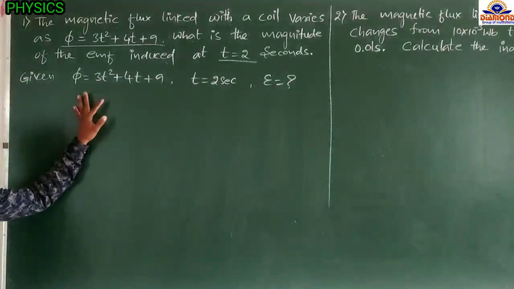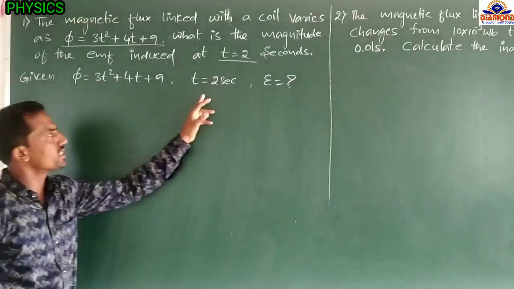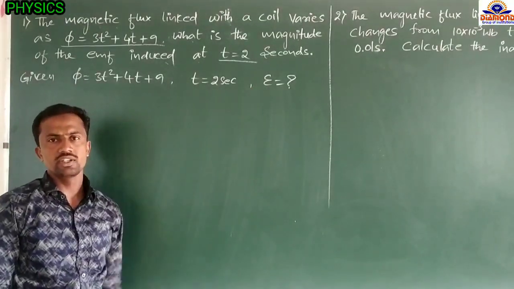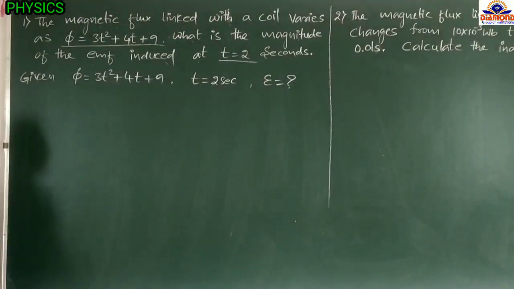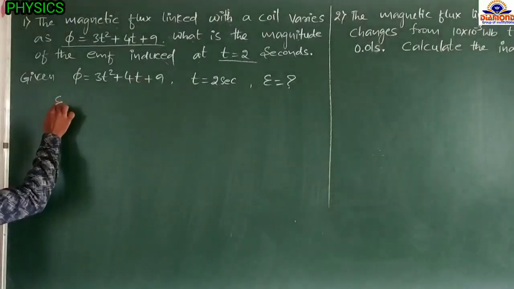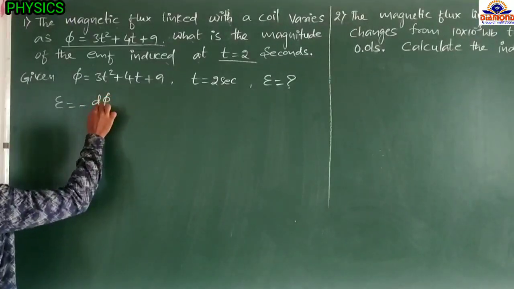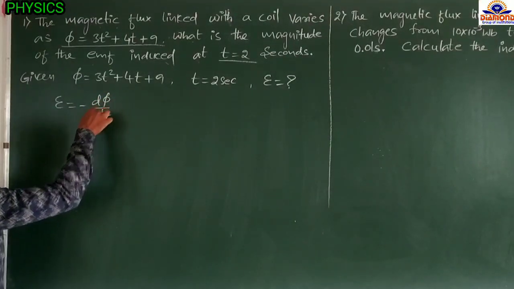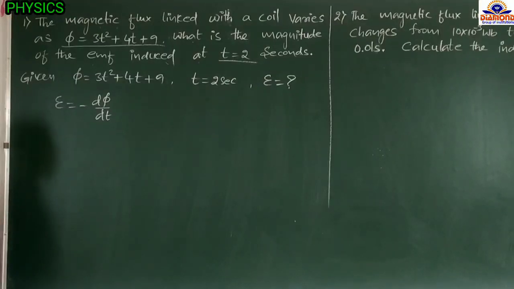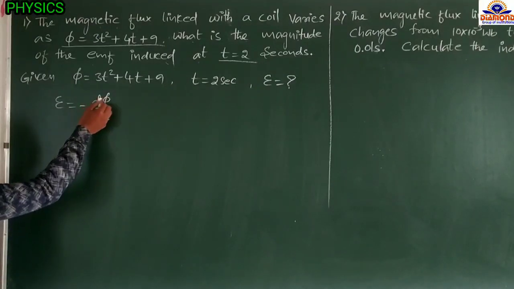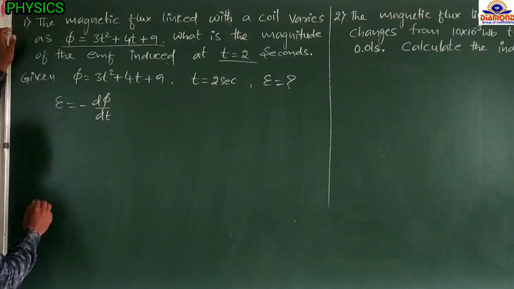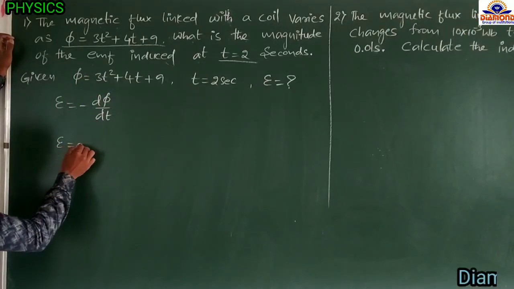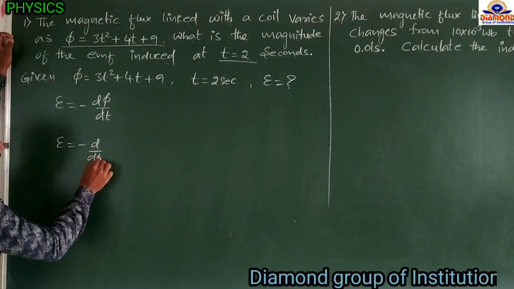In the given question, the value of phi is given, time is given, and we are calculating the induced EMF. Then we write the formula. What is the formula? Induced EMF is equal to minus d phi by dt. This is the formula. Because the phi value and the time are given, we substitute the phi value into this equation: E is equal to minus d by dt of